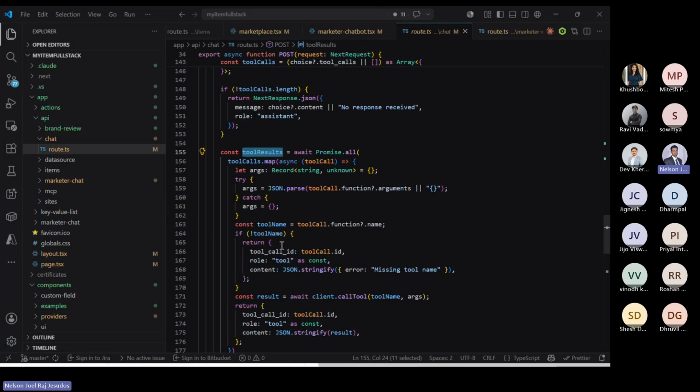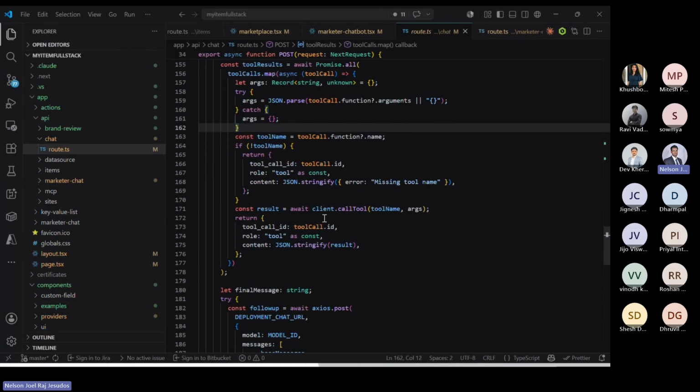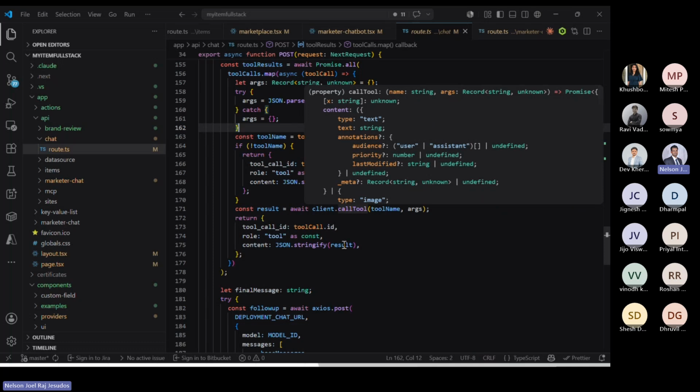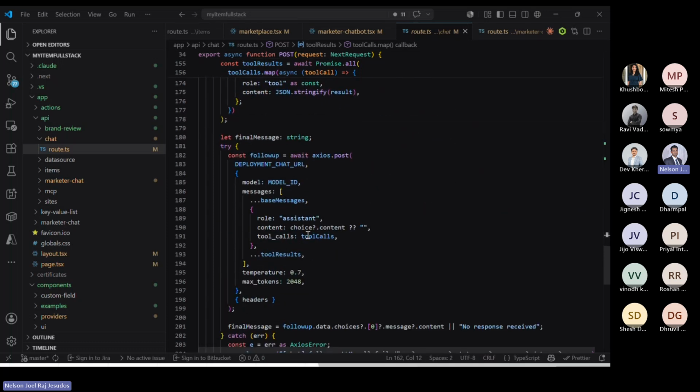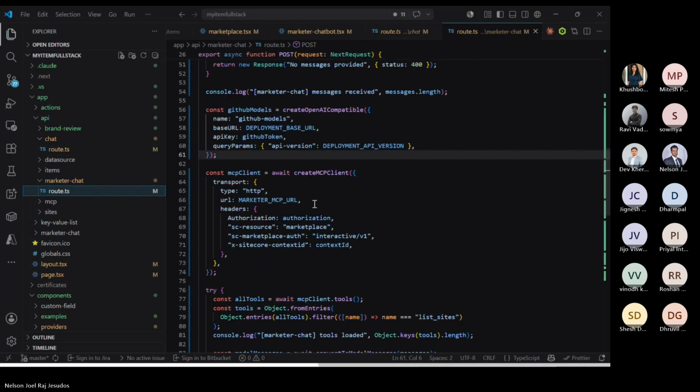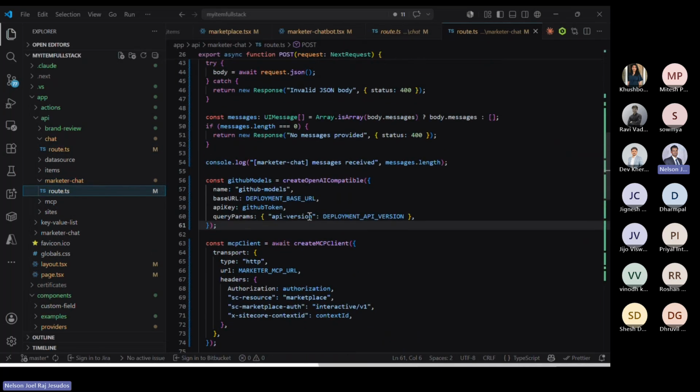As a normal client, we are connecting with the client ourselves, right? This is something we need to do manually from our side. All the client calls, calling the tools, and everything we will be doing ourselves only. But if you go here, this is another method, which is basically the marketer's thing, where we can see